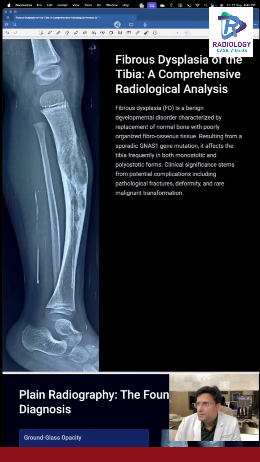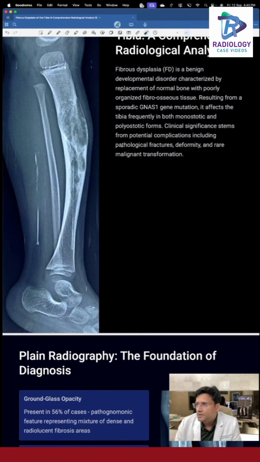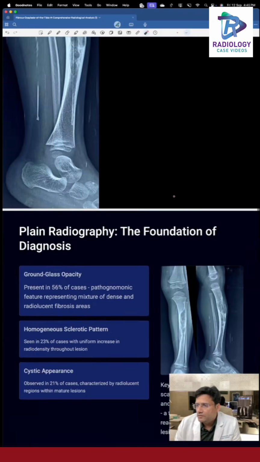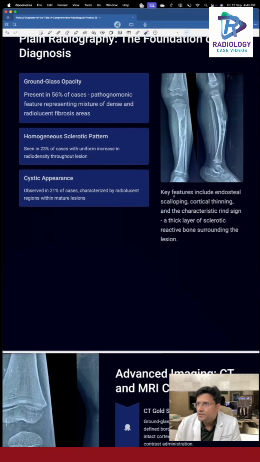Fibrous dysplasia is a benign developmental disorder. It occurs due to a sporadic gene mutation. It has two forms, a monostotic form and a polyostotic form. The patient may present with pathological fractures, and very rarely there can be malignant transformation. Classical hallmark features are ground glass opacities in 56% of the individuals, a sclerotic pattern in 23% of the individuals, and